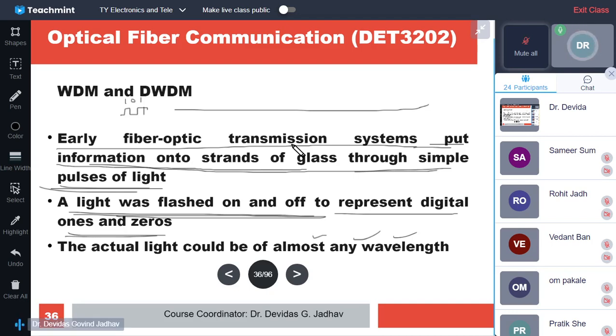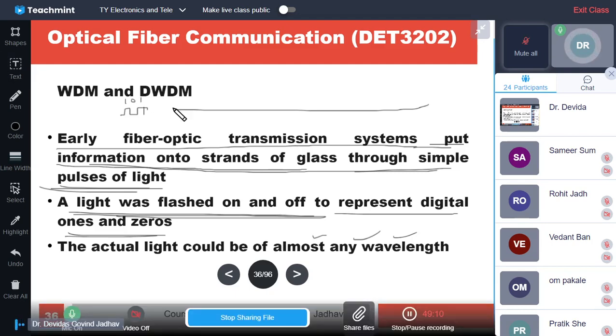Okay. So initially there was a system having the source and detector on the fibers. The source can send lambda 1, and for the detector we have to use lambda 1, because a detector detects either lambda 1 or lambda 2: one detector detects lambda 1, the other detector detects lambda 2, one source generates lambda 1, the other source generates lambda 2. And what does the source have to generate? The intensity variation of the light, that is one intensity for one symbol, another intensity for another symbol, 0 and 1. In this way the on-off of the source can be done.